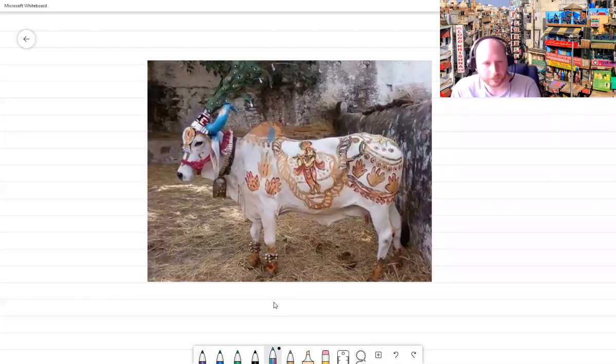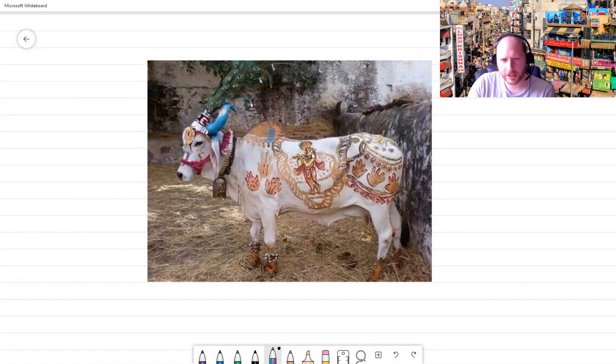Not quite sacred though. Now, this particular cow has been dressed up and painted for a Hindu festival. So she has marks all over her. Her horns have been painted. She's got a peacock feather headdress here, which is all the rage amongst the cow fashions nowadays. She's got her handprints on her and these lotus blossoms. I imagine these are supposed to be here. And then we've got Lord Krishna playing his flute, painted on her side. And bells on her feet, of course. Don't forget bells on the feet there.